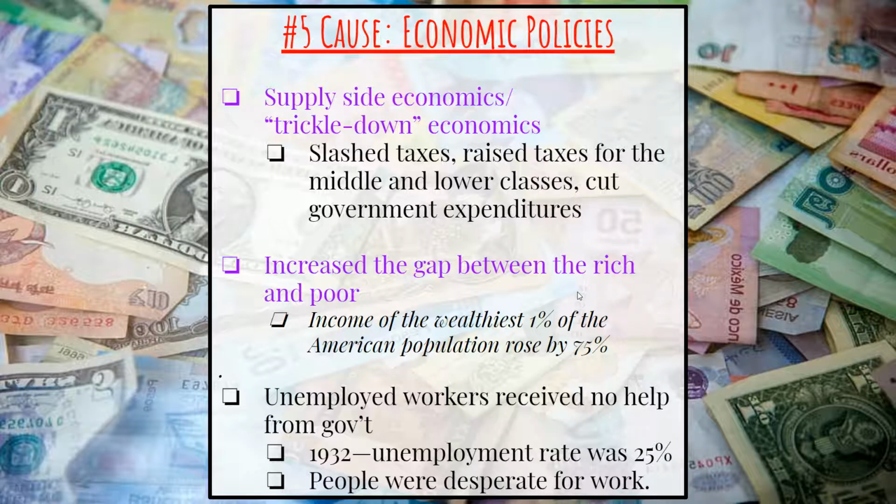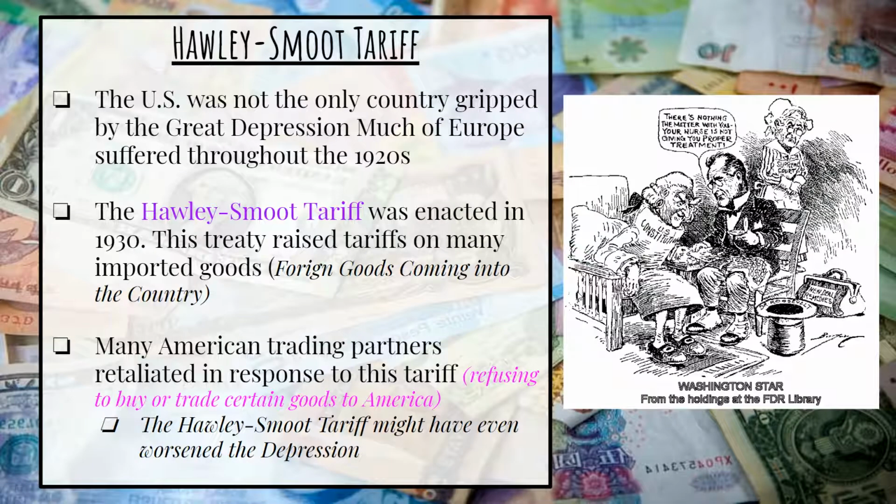So what must come up must go down, and what must go down will eventually come up. So while this is going on, because of this trickle-down economics, it's going to increase the gap between the rich and the poor. The rich are getting richer, and the poor are getting poorer. And it didn't help that Hoover's going to pass this Hawley-Smoot tariff that's going to hurt our trade relations with other foreign countries.